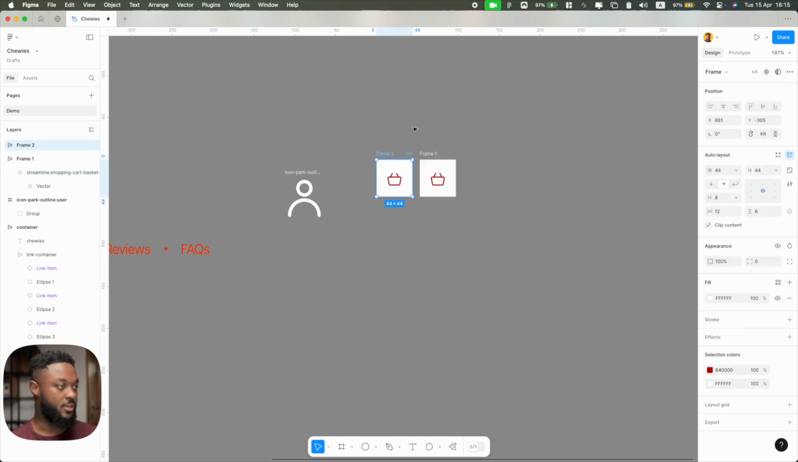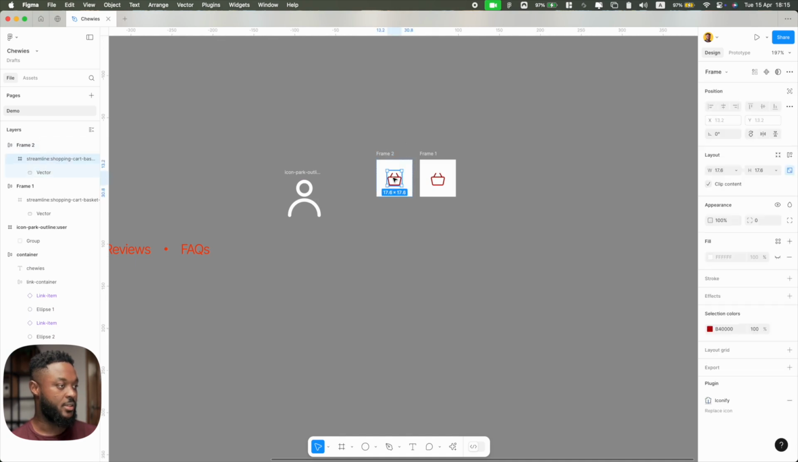I'm going to option drag to duplicate this. And the child element is 17.6 pixels. So I'm going to make this